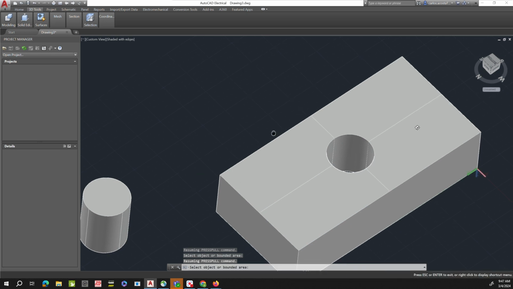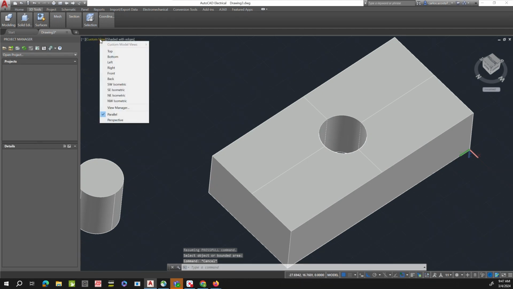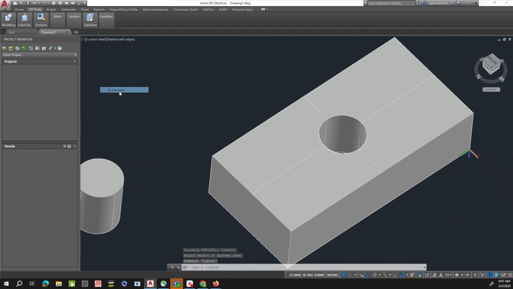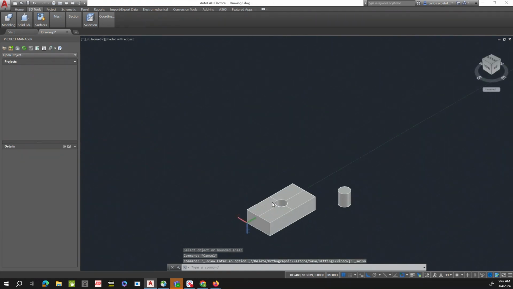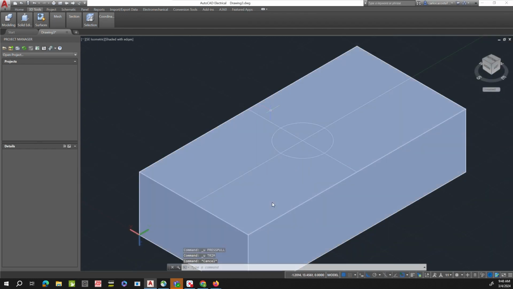But let's say I didn't want to have an orifice through the cube. What I wanted to have was a cut for a fixture. So in that case, I'm going to do Control Z. Oh, I need to trim this again so I can do what I want to do. So trim, select the circle, enter, select the line, escape. Okay, so if I do press pull, and I select this line, and if I type 1, enter, it's